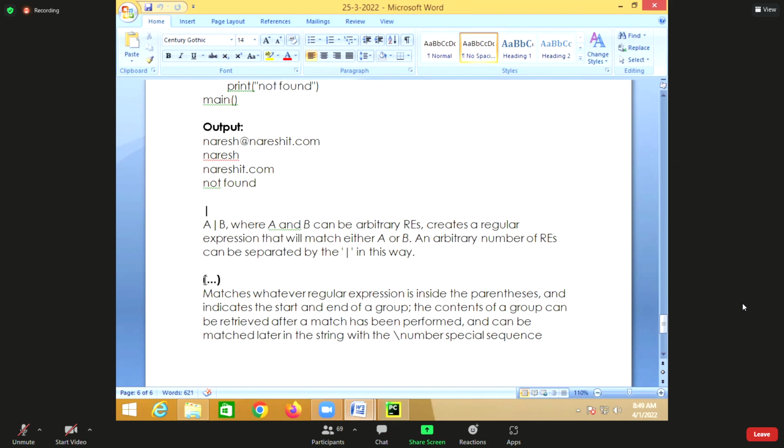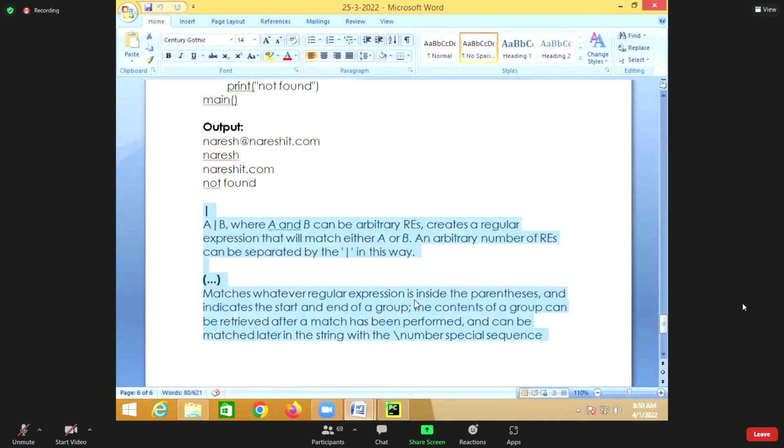But how are you grouping the patterns? One full pattern, you are trying to divide into a number of groups by using which one here? Parenthesis. Now this is for multiple patterns, and this is for grouping the pattern.